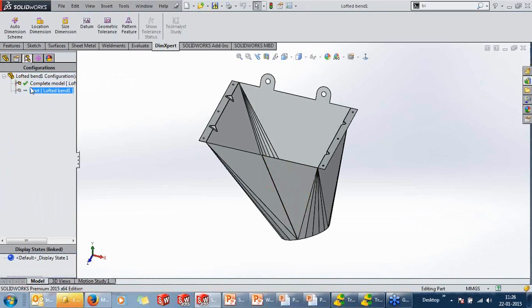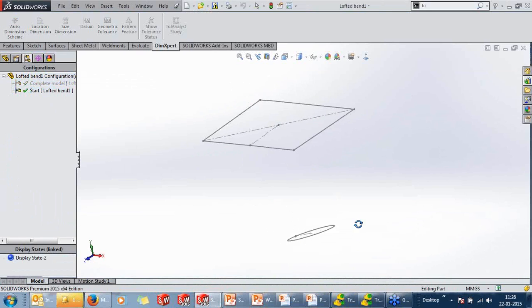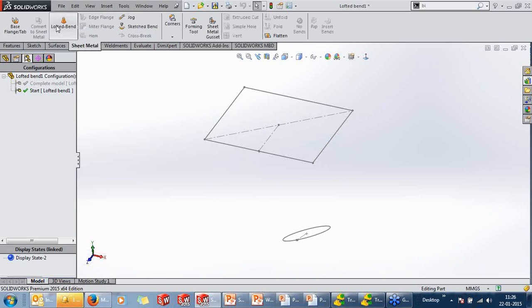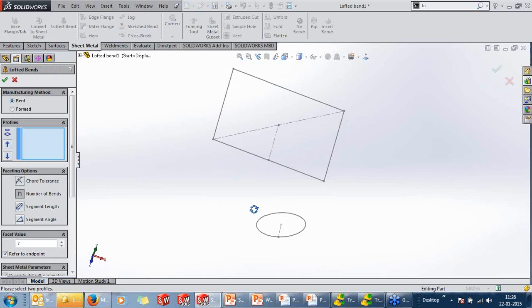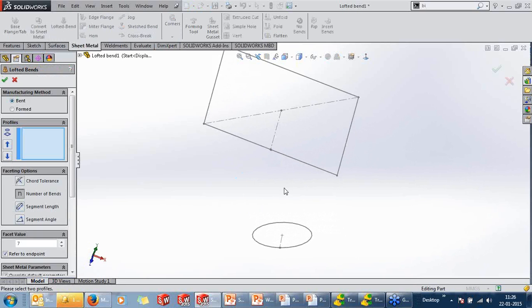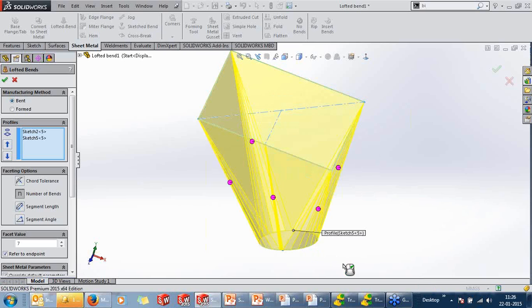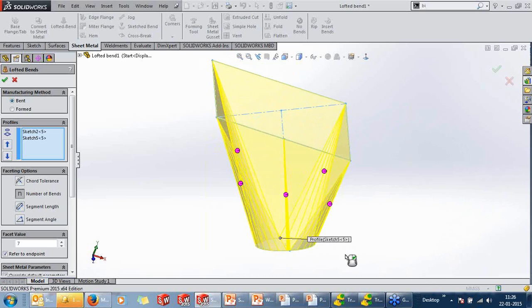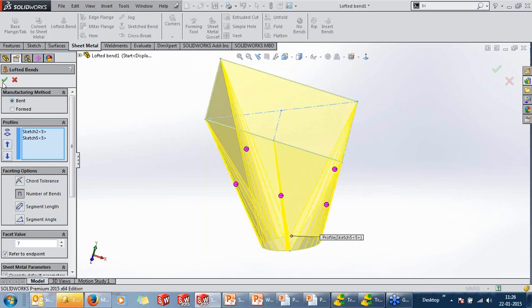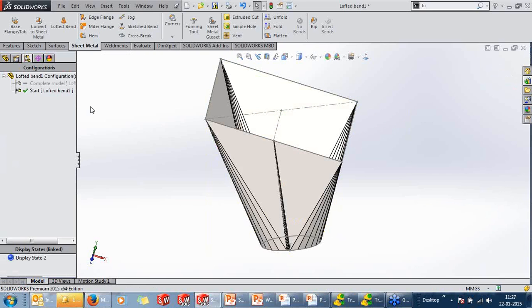So as I was already telling regarding the lofted bends were added in 2014, but the new enhancement of 2015 is you can now give a lofted bend for a non-planar sketch as well. So creating lofted bends is much easier and faster now.